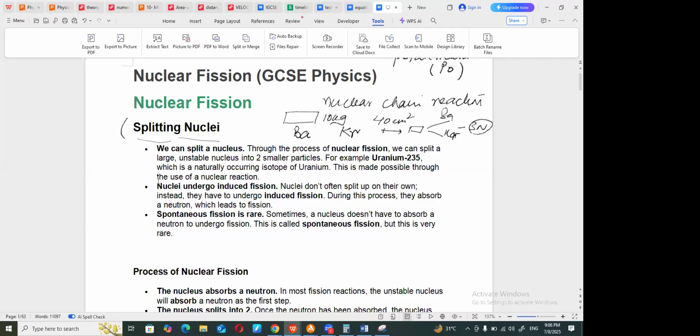Now, a fission reaction can be induced, which means a nucleus does not often split up on its own, right? So remember that we are not talking about the spontaneous one. We are talking about the one in which you bombard the nucleus with a neutron, and you will get some byproducts along with energy and further 3 neutrons. We will talk about this in a minute. In this reaction,